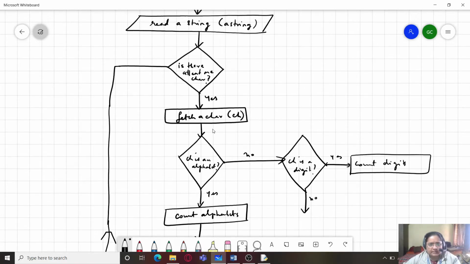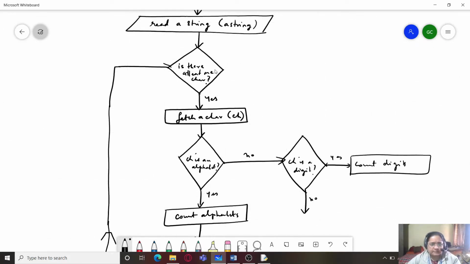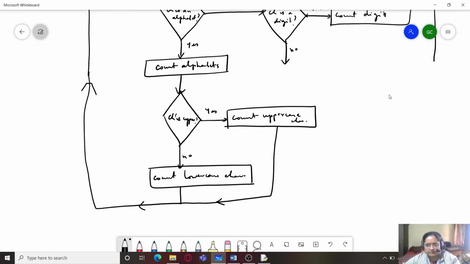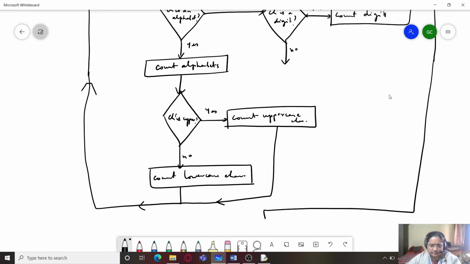So it will go back, and if it is no, then we will simply be coming out of it. And here we will be printing all of them.